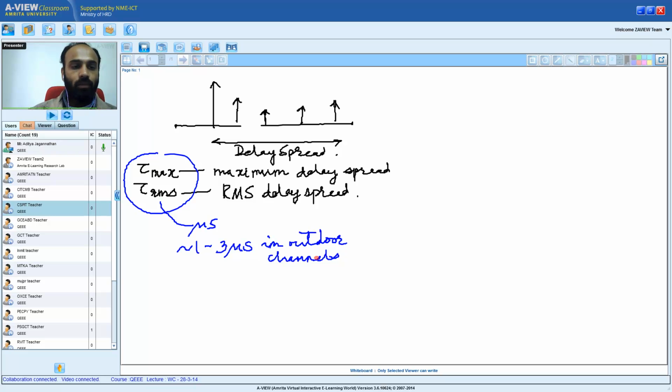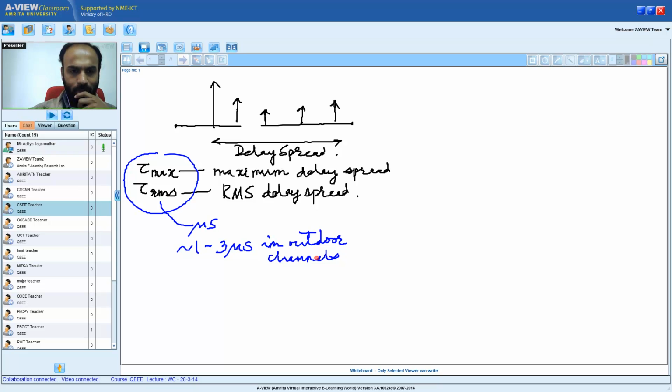We looked at several examples to characterize the delay spread,